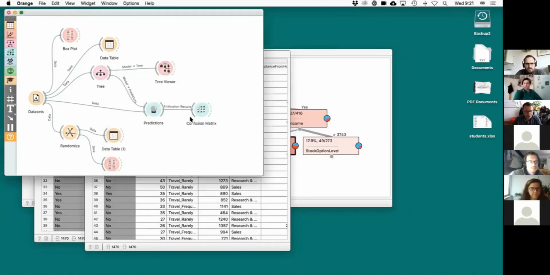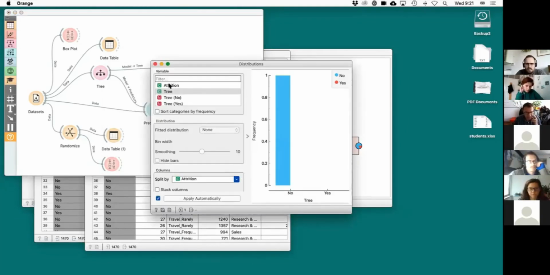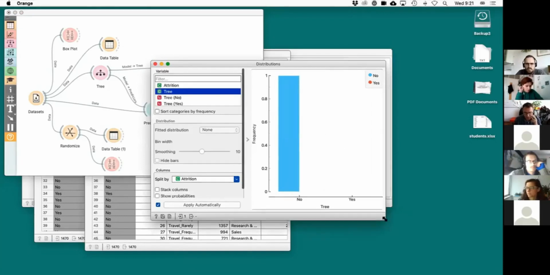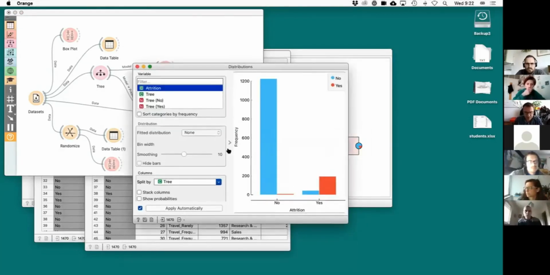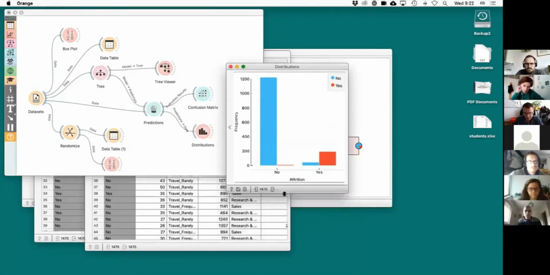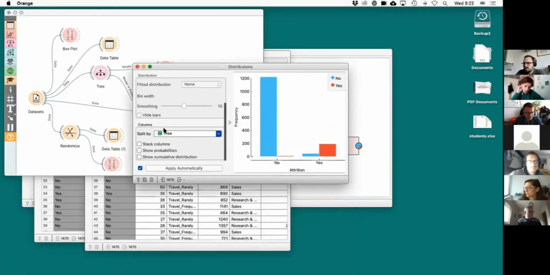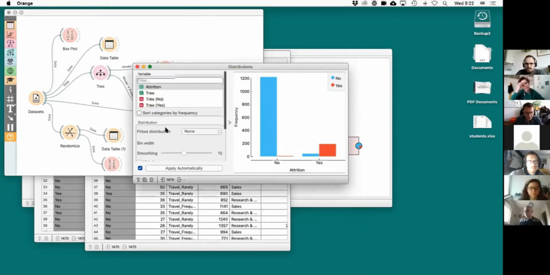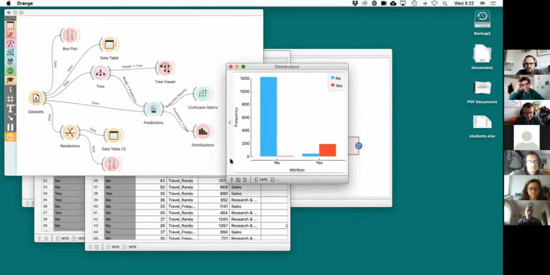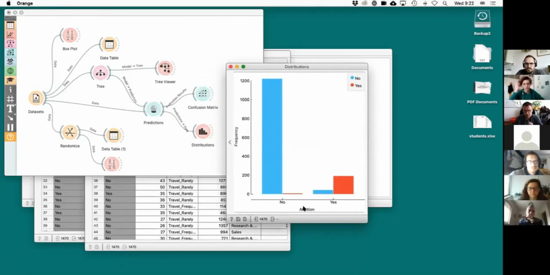Okay. Also, before I go ahead, maybe just as evaluation results, I'll show you the distributions of what the tree predicts and what is attrition. So this is just graphically what I was showing you in the confusion matrix. So here I'm showing if the tree predicts no, then the majority of the cases are really in the no, right? And there are just a few errors here. So this is just a graphical depiction of the accuracy, right?